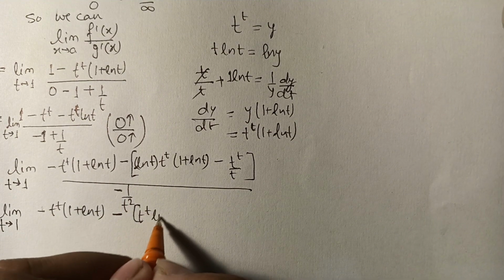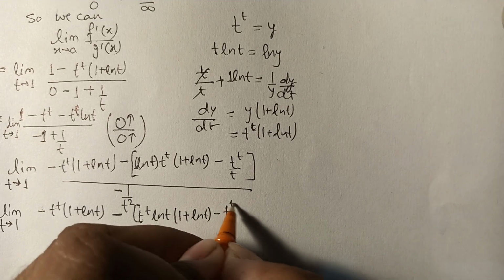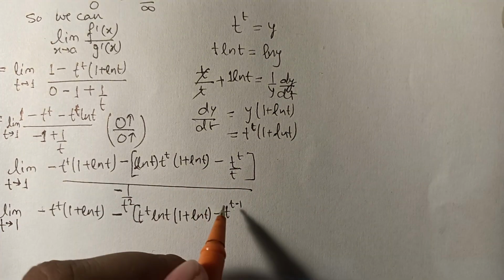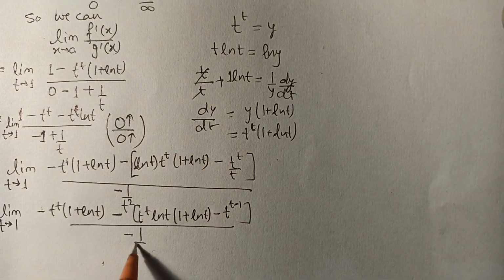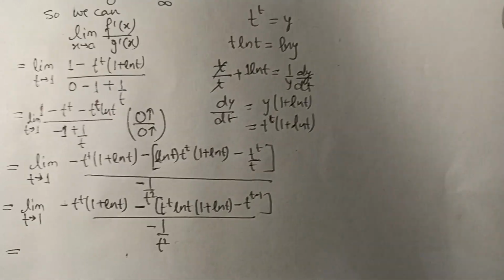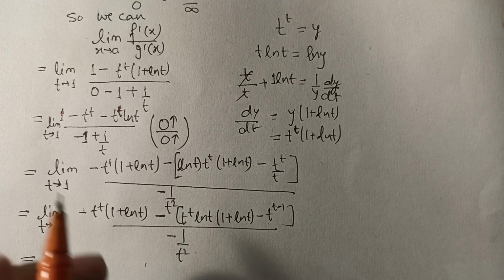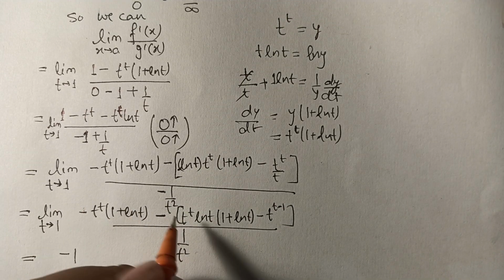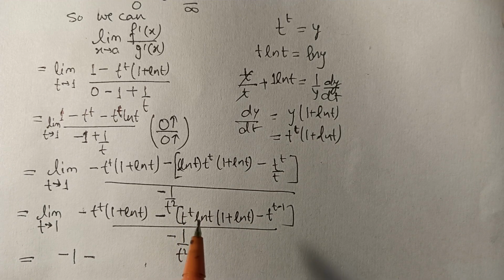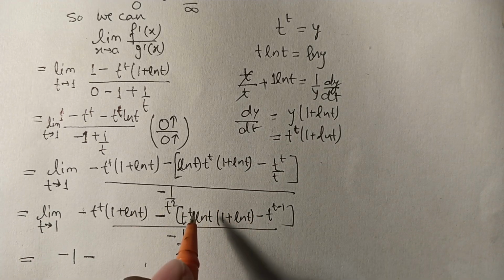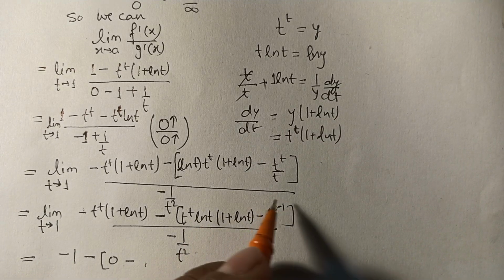It is t raised to power t ln t (1 + ln t) minus t raised to power t minus 1, because this comes in numerator, so its power is minus 1, so we add them, t minus 1 upon 1 minus 1 by t square. Now we analyze it once more. When t tends to 1, t raised to power t tends to 1, and 1 plus ln t also tends to 1, so it is minus 1. Then here minus, this whole fraction tends to 0 because this ln t tends to 0, so whole fraction tends to 0. Okay, so it will be 0 minus this whole part,